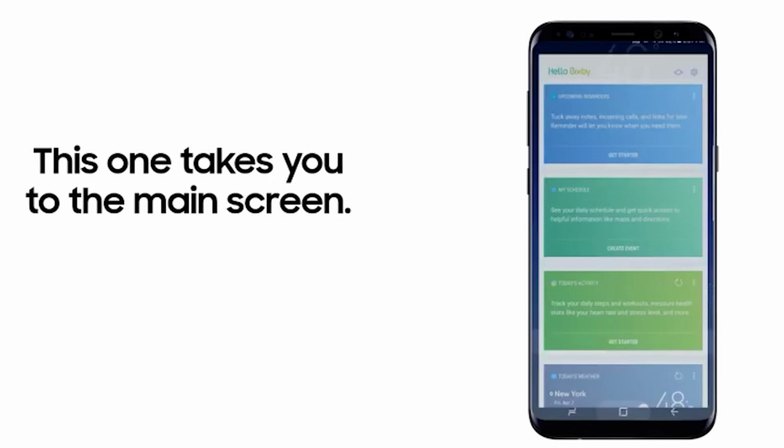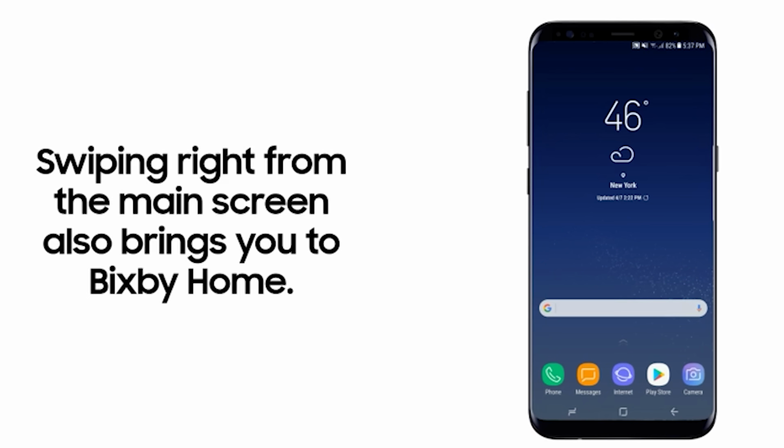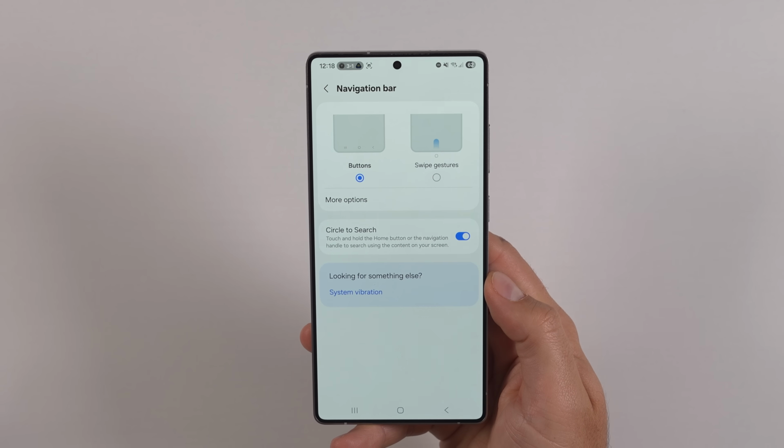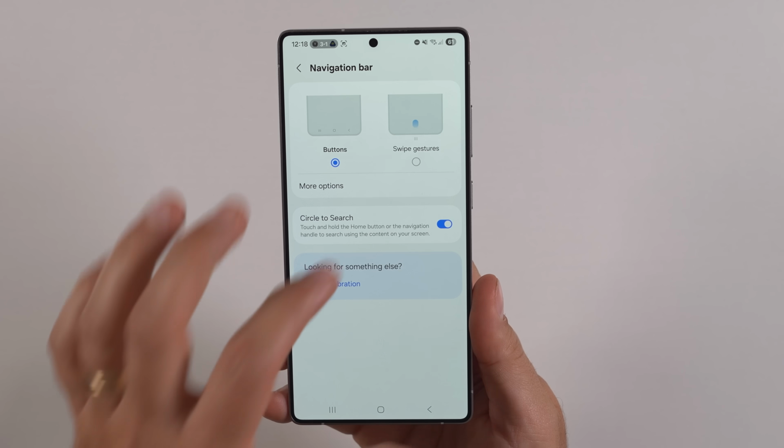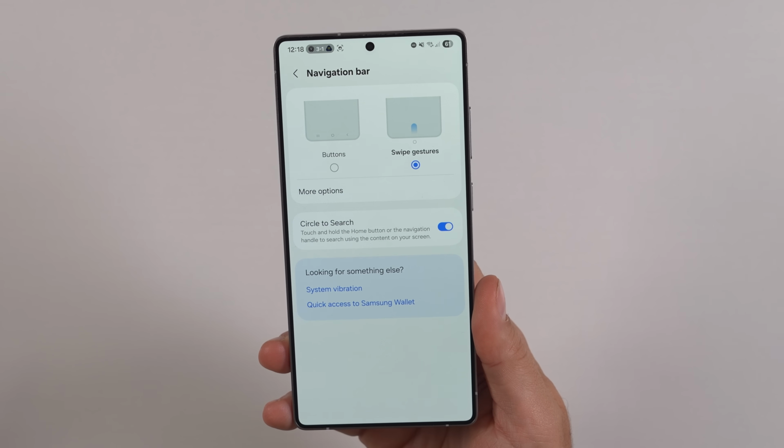We're talking almost 8 years ago when the Galaxy S8 dropped the physical home button. They did add some pressure-sensitive button, which I thought was kind of cool, but the buttons on the screen have remained as an option. In fact, they're still the default when you launch the phone, but it's so much better to just use the